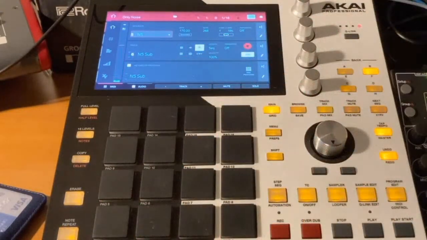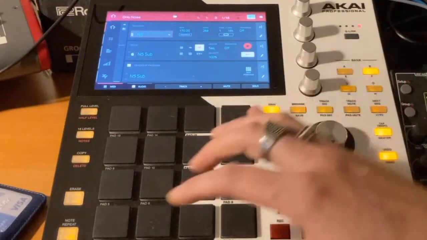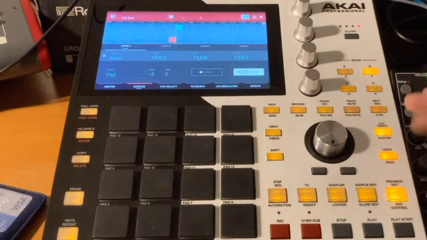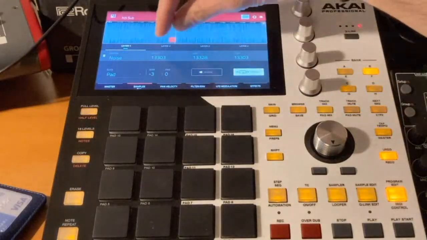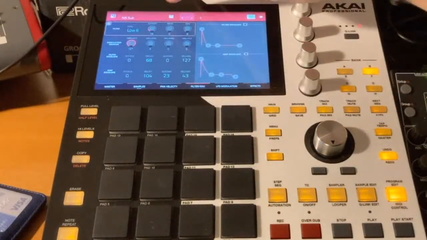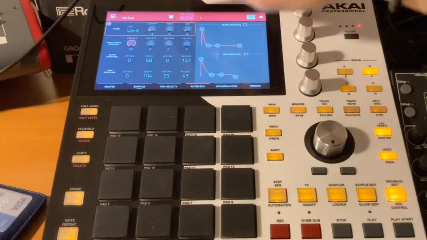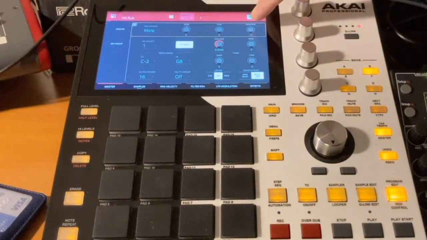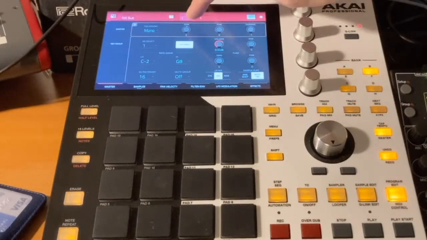A lot of people complain that the MPC doesn't have a pitch slide, but you can do it with an LFO. So again, this is the same sample. It's very short. The filter is a low pass 6. No resonance at all, didn't need it. Transposition is at -1, that doesn't really matter. Well, it does, but